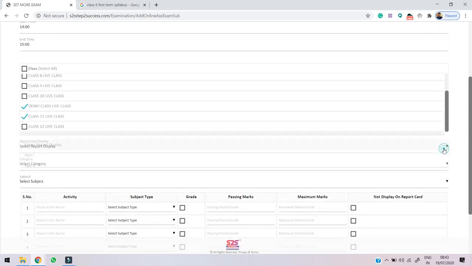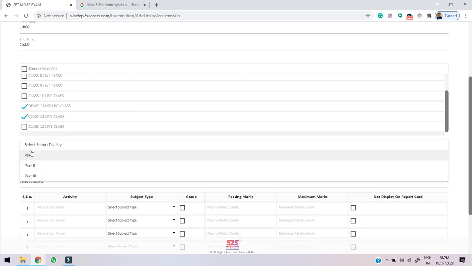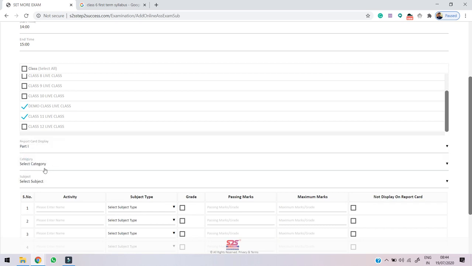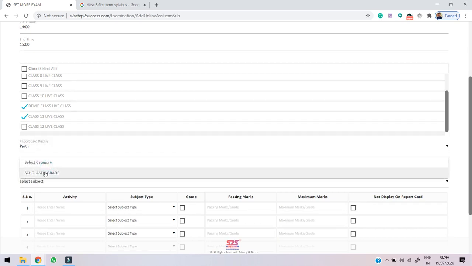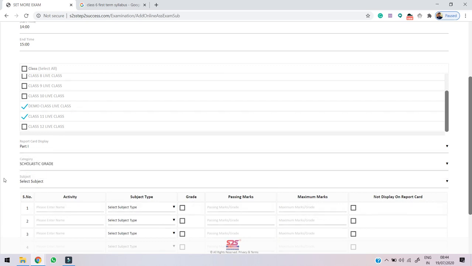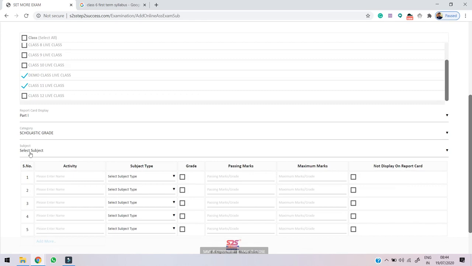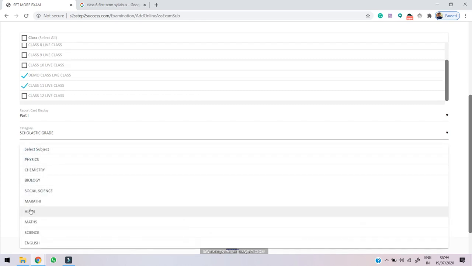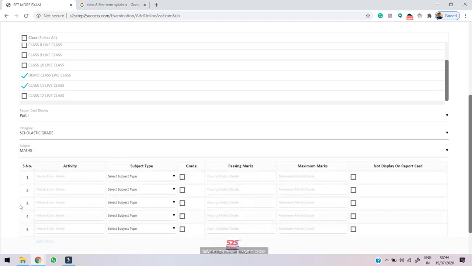Then this will be already created, you just have to select, suppose I have selected part 1. Then you have to select category, so the category of the grade will be scholastic grade, so I have selected that here. Then you have to select your subject, suppose here that is maths, so I've selected maths.